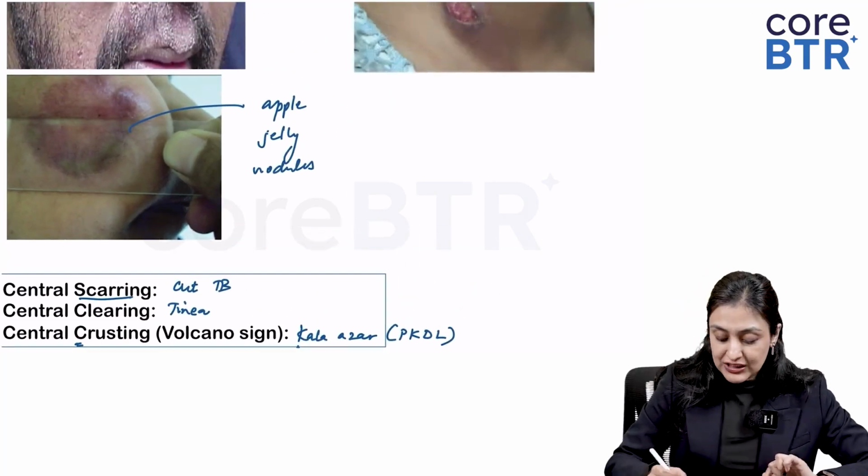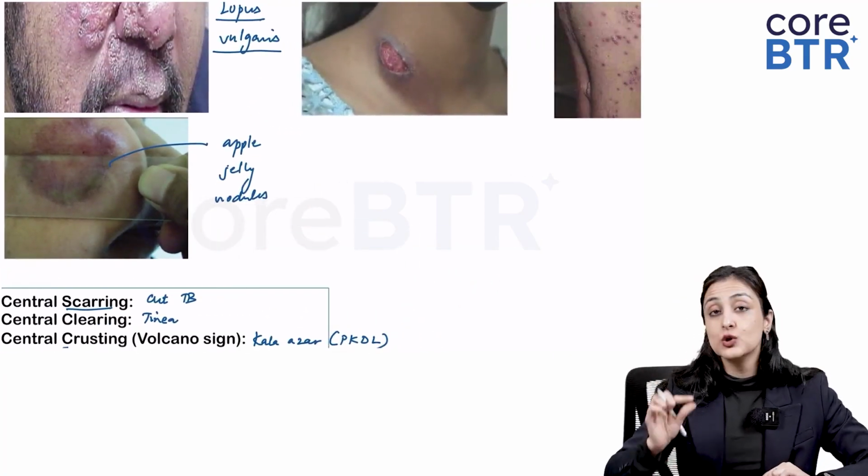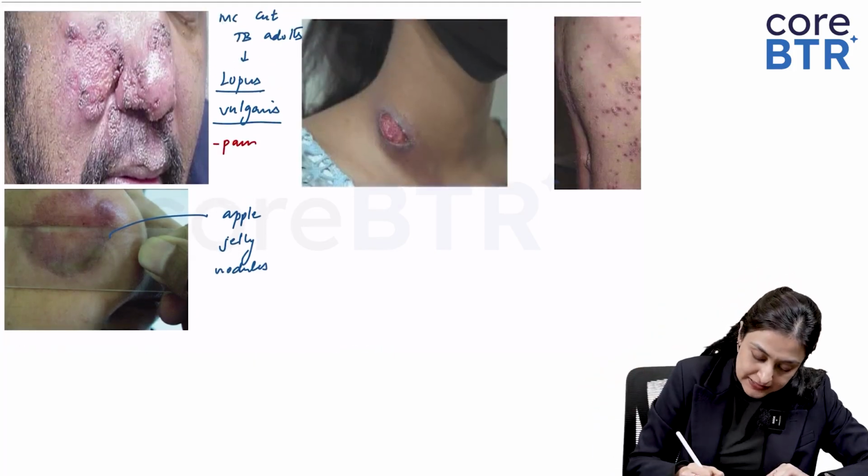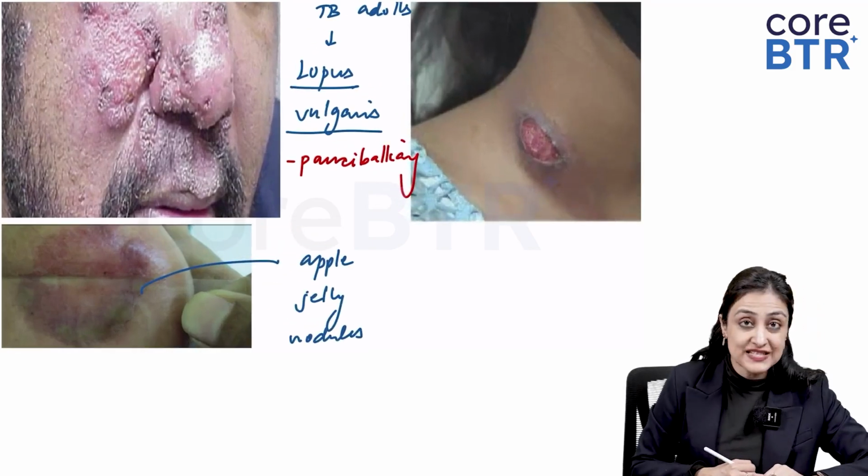Now, very important NEET 25 question. Lupus vulgaris, it's paucibacillary. What does that mean? That if I do a skin biopsy, am I going to see acid fast